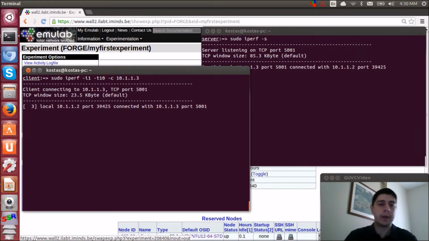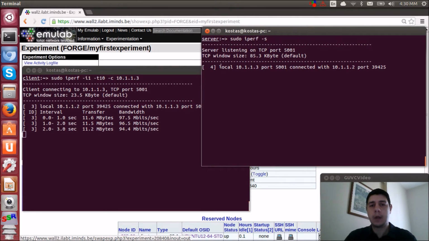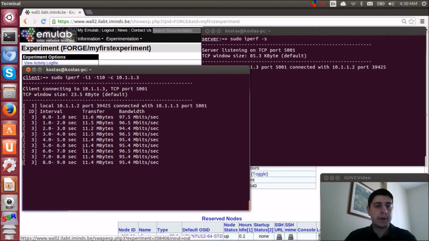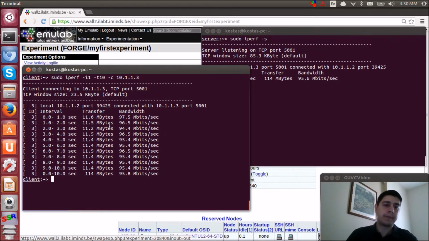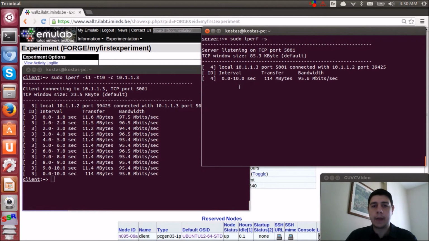So when I press this, as you can see here, the server got a connection from the client, and here I have a small TCP connection that runs for 10 seconds, and every 1 second, for an interval of 1 second, I have a small output about what is happening, how many megabytes are transferred, what is the bandwidth between client and the server, and once the connection is closed after 10 seconds, I also get a complete